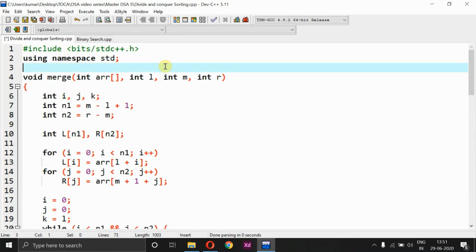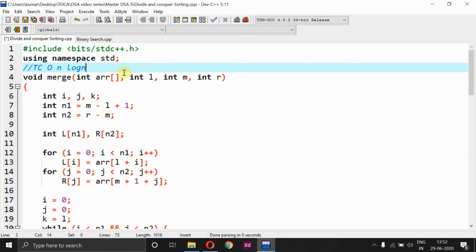For all average case, best case as well as worst case, the time complexity for merge sort is equivalent to big O of n log n. That is the main reason why everyone gives preference to merge sort rather than using the quicksort algorithm. Quicksort actually fails when you have a large array. In that case I can't directly use my quicksort algorithm, where the time can also go nearly to n square. So I don't want n square to be there.